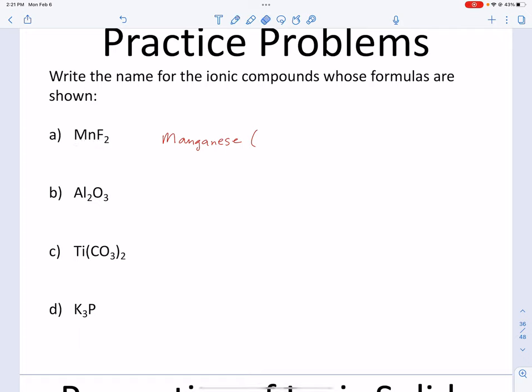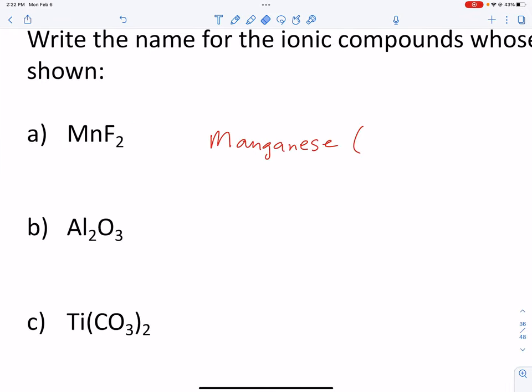An important thing to remember is that the number for your cation, whatever the number is, plus the number for your anion, those have to add up to equal 0. This has to be a charge-neutral compound overall. So just keep that in mind as we figure out what the charge is. Now, because manganese is a transition metal, we don't automatically know what its charge is. Remember, transition metals can form different cations with various charges, like a +2 or a +3 or even up to a +4. So what I like to do is split my compound in half,